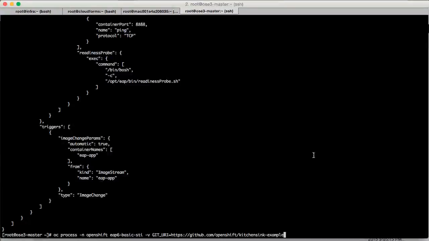https://github.com/openshift/kitchensink example. The actual tag, gitref, is empty, and I pipe this over again to the oc command, and now I say create whatever comes from a specific file, and the file is standard in. So basically what I'm doing is I'm using this pre-configured template called eap6-basic-sti. I provide to that template a Git URI that points to a GitHub project, and then I use this created configuration to actually create those declarative goals within